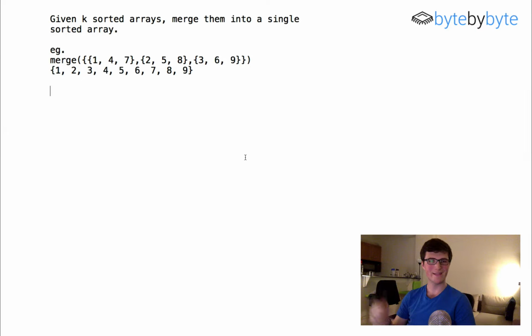Hey everyone. Today we're going to do a problem where we are going to try and merge k sorted arrays into a single sorted array. And this is basically an extension on the fairly simple problem that you see when you're doing a merge sort, where you're just merging two arrays together into sorted order. But in this case, we're going to have some arbitrary number of arrays, and we're going to try and merge